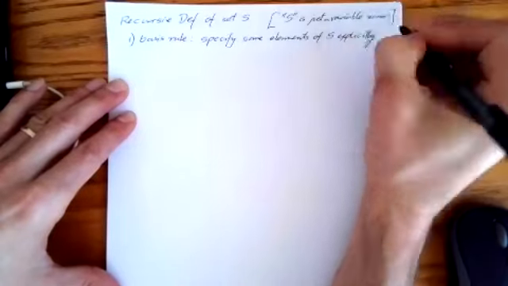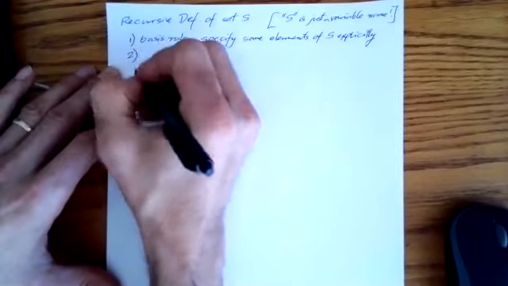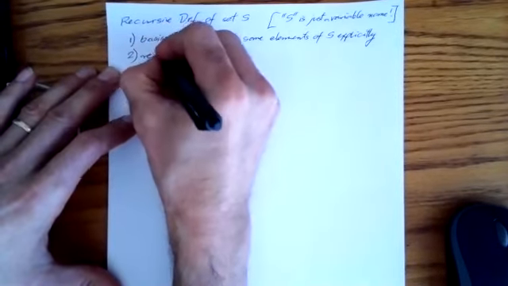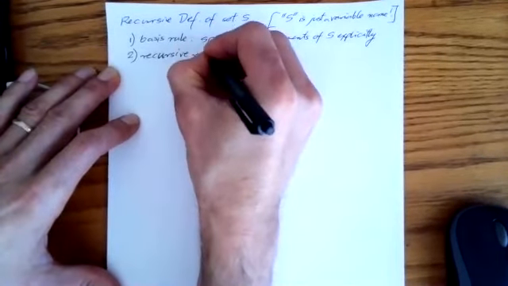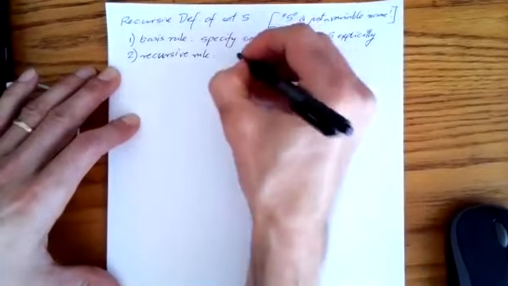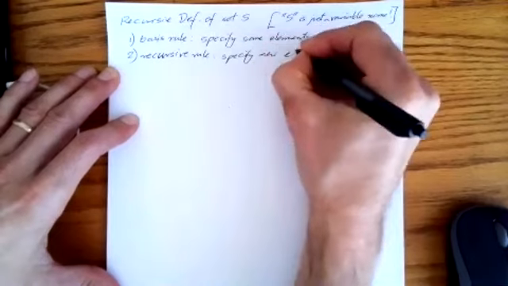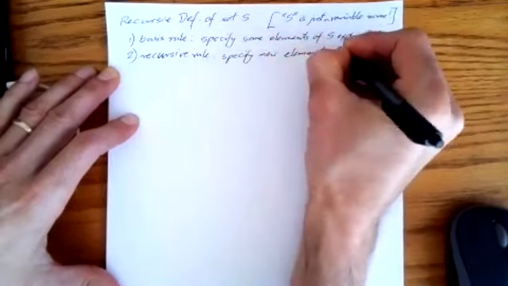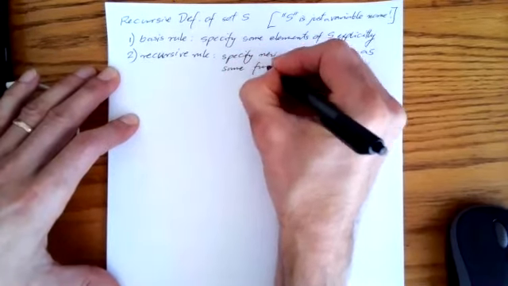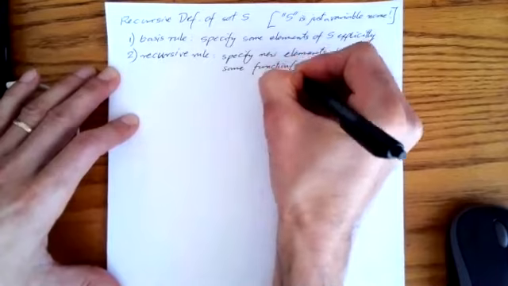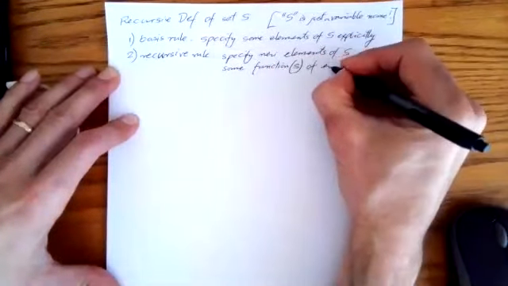We declare some elements as members of set S, and then we have this recursive rule specifying new elements of S as some functions, or it could be just one function, but it could be many, of existing elements